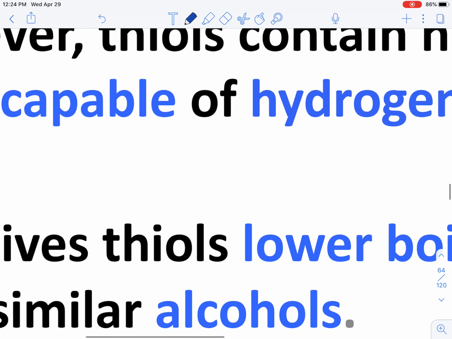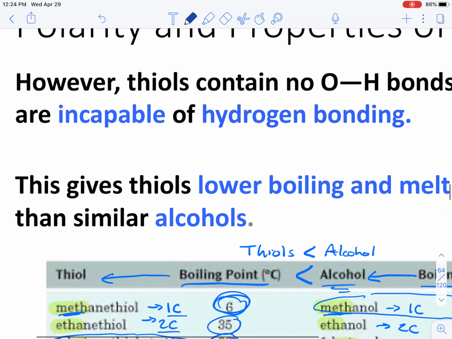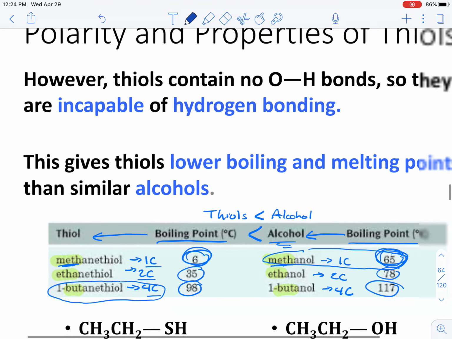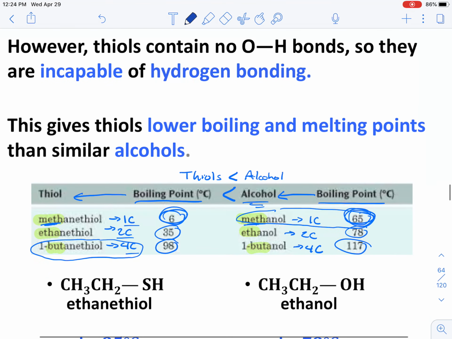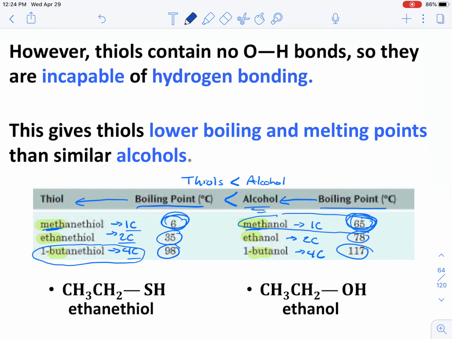And so going through this explanation, hopefully you guys get a better appreciation as to why thiols overall have a lower boiling point